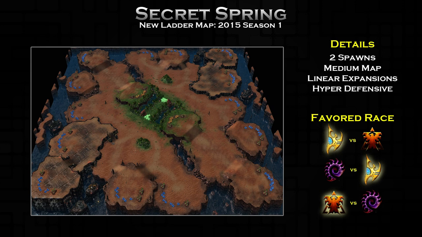TvT, I feel like really fast tank builds will be a thing, mostly because the distance between your ramp and this choke point is actually pretty small. So defensive tanks are going to be really good on this map. So I feel like both players are going to be opening up with pretty fast tanks, and that'll be a